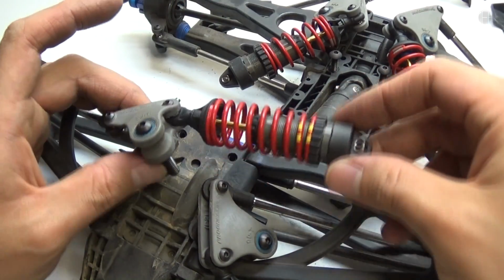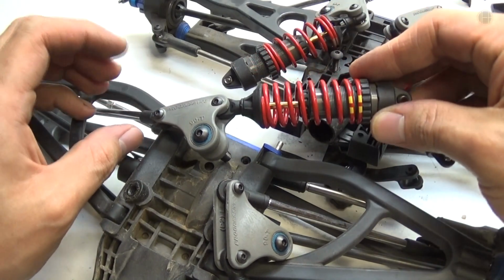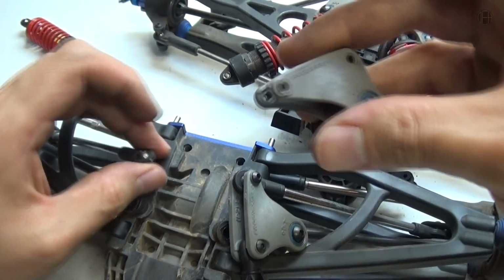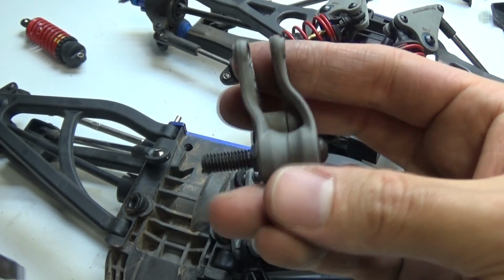So in order to take apart each one of the rockers, I need to go ahead and undo 3 screws. I'm gonna start off by undoing the screw that holds it to the push rod as well as a screw that holds on the shock. Pull off the shock, pull off the push rod,